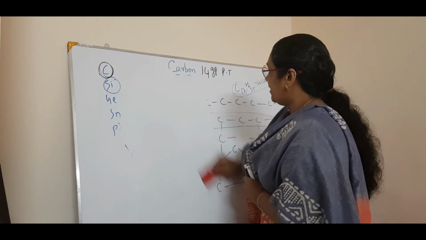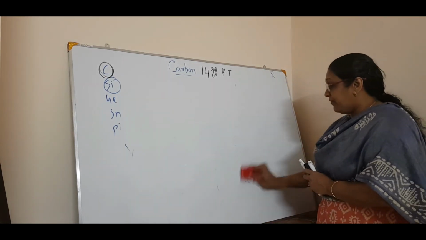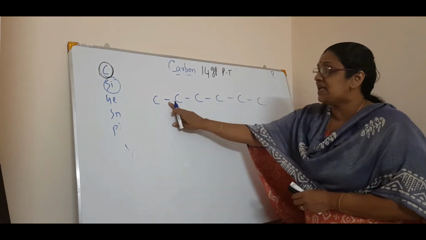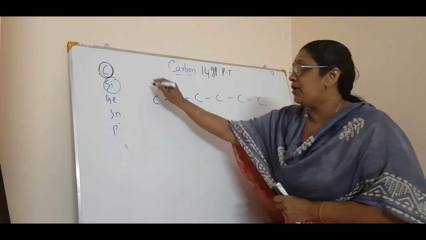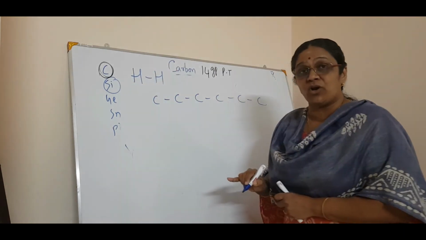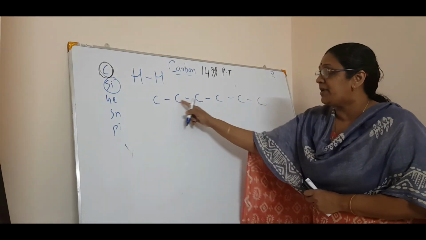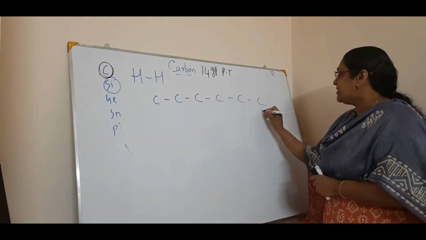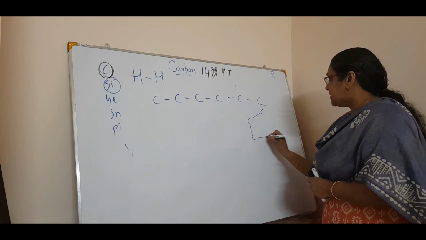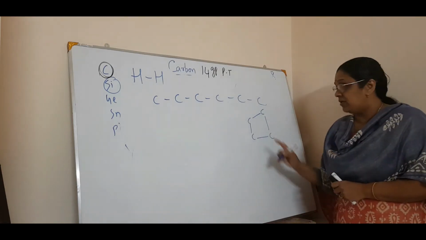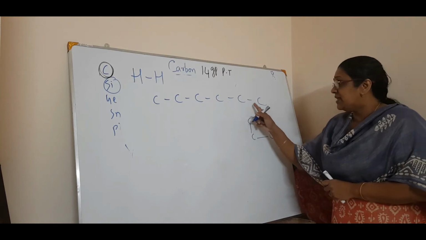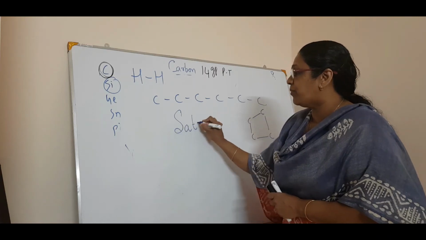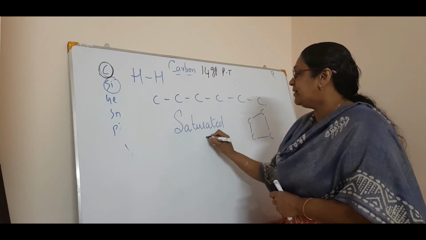Again, it can form. Now, if the carbon atoms are linked together by a single bond, you know this is a single bond, isn't it? You have drawn in hydrogen molecule, single bond. So that type of carbon-carbon single bond, whether it is in a branch or in a cyclic, if I write C4, then it is all single bond, isn't it? These are all single bonds. That type of compounds are called as saturated compound. What is it? Saturated compound.